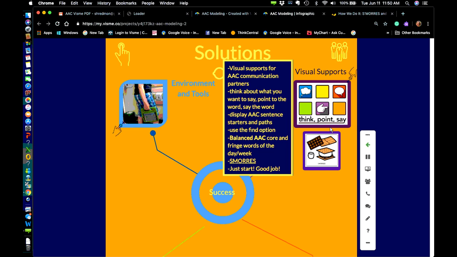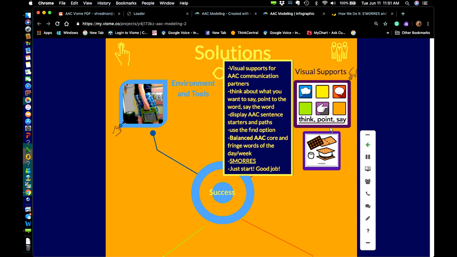Use the find option. When I work with teachers and speech and language therapists, when we're teaching them how to use AAC, it's the first thing I show people how to use. CoughDrop has it, LAMP has it, they all have a find feature. Use that, teach that competency, because that broke down a lot of barriers of "I can't find the word, so I can't model." Well, now you know how to find the word, and yes, you can model. And that's great. And I use a lot of metacognitive talking when we do that.